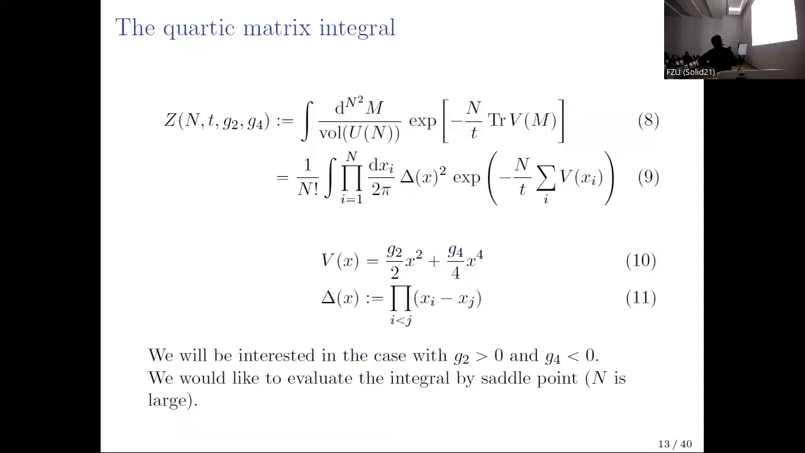I wrote it before. Now let's specialize to the case where the potential only has two terms, x squared and x to the fourth. So it's even, so it has some Z2 symmetry. Here is the original integral, matrix M and this N and the 't Hooft coupling and the trace of the potential. We change variables from,